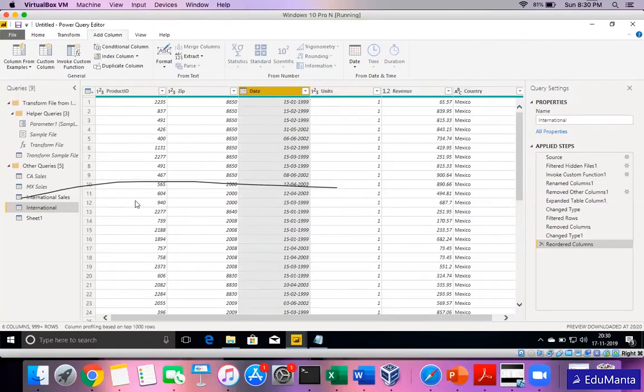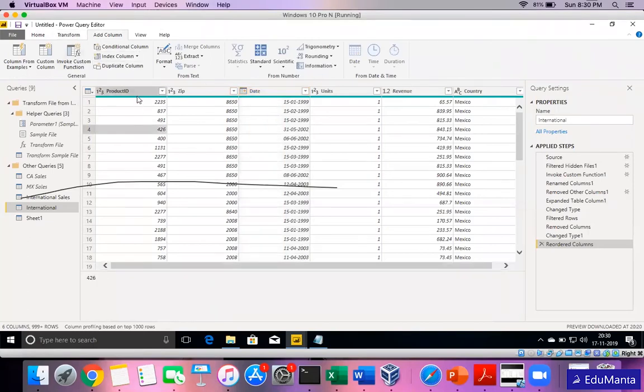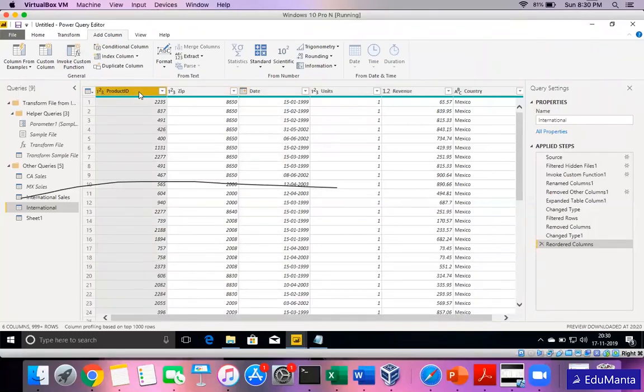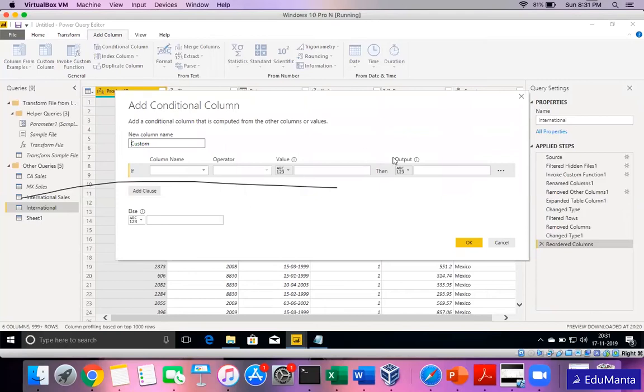And then we can add different columns here, such as a conditional column. For example, if I want to define the products into groups, depending on whether the product ID is greater than 1000 or less than 1000, I want to create a product group column. So I select product ID and, in add column, choose conditional column. It will open an if else block. Here I will give the name of the column, or if I don't give a name here, I can rename it further also. Let me name it product group.